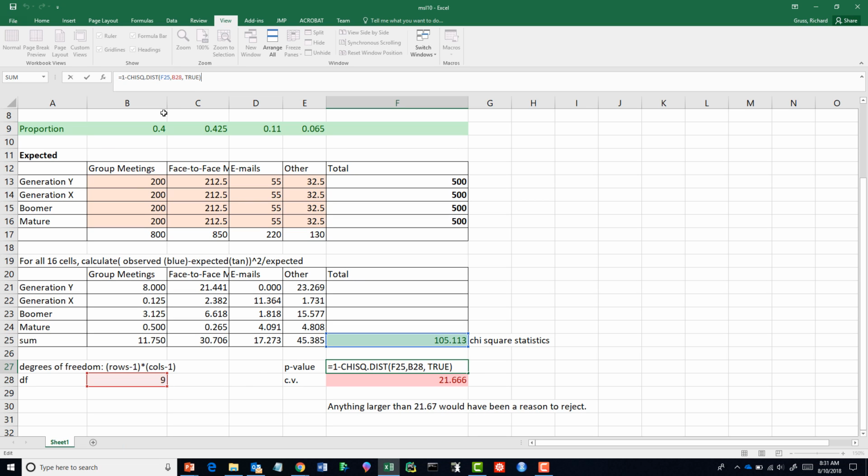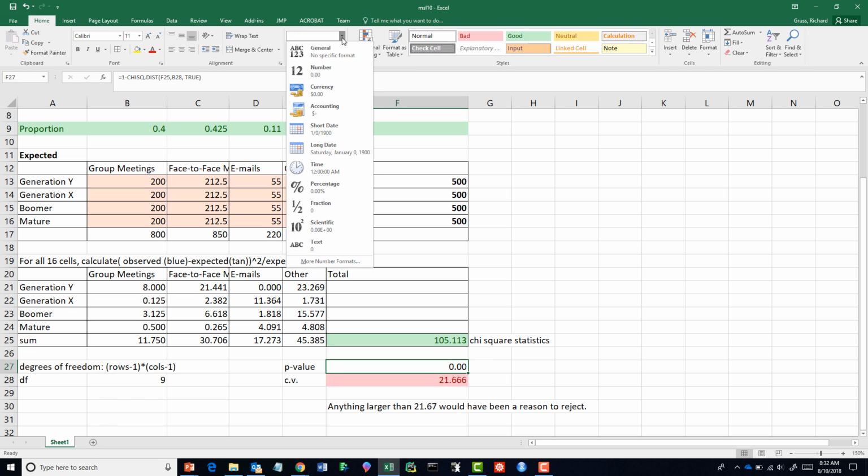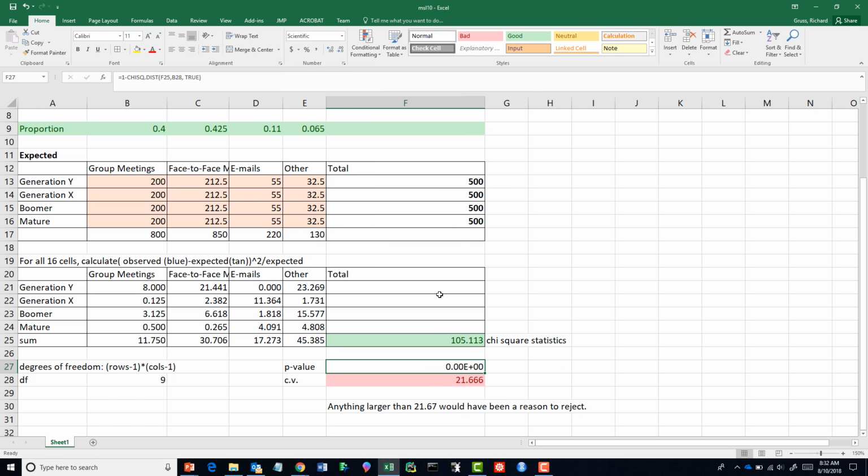So here we're doing 1 minus chi-square distribution, and then this is the x value that I had. So this is this 105, and then B28 is my degrees of freedom, and then I do true. Okay, and then what we see here is that it's 0. If we were to make this scientific notation, let me see if I can do that real quick. Scientific. Okay, we see that yeah, it's 0 going out very many decimal places, and the reason for that is